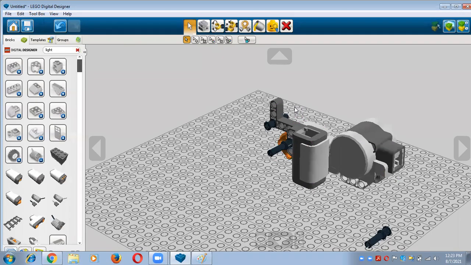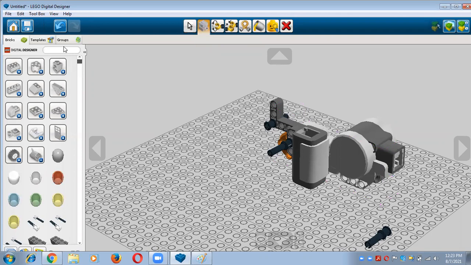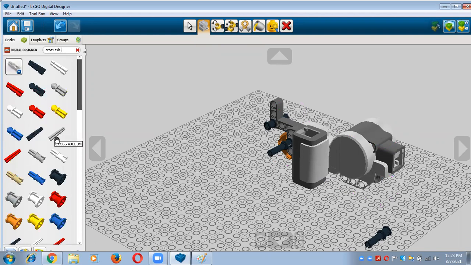Now I'm going to move on to the third step, and in the third step we need again 3 parts and the parts are the same. One is the Frick Snap which is also available here, and one is the cross axle. Again it is a 3M cross axle, so you have to find here cross axle. Yes, so you can take this one and after that you will take one more light sensor.